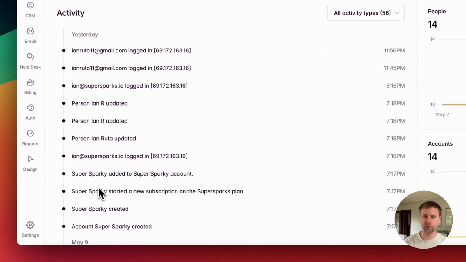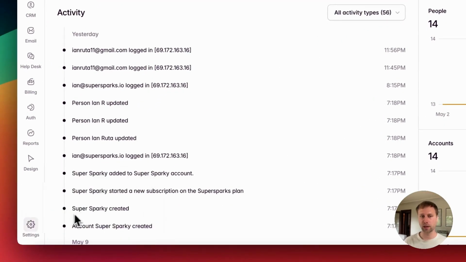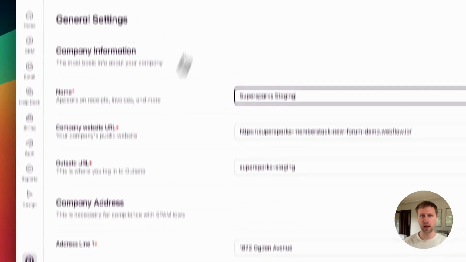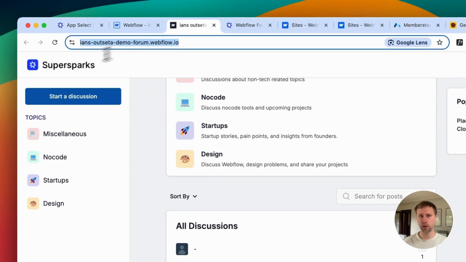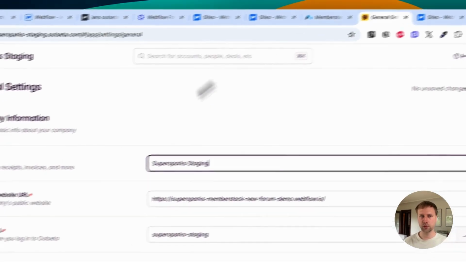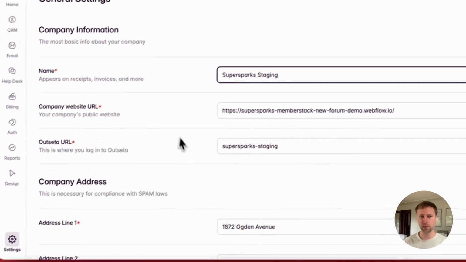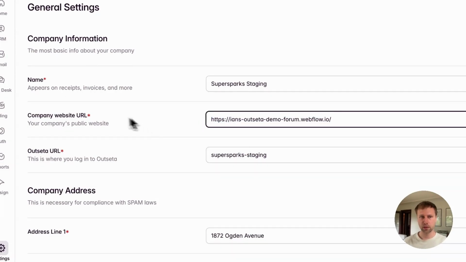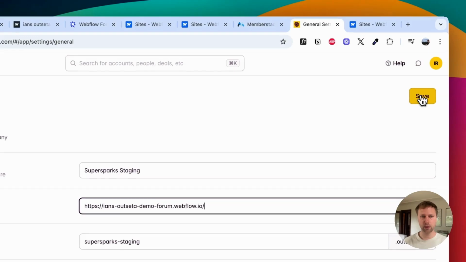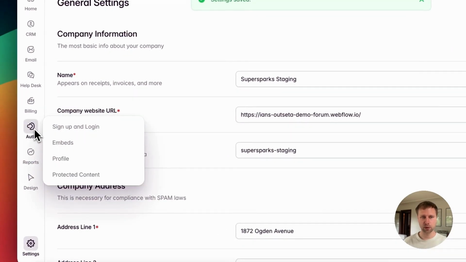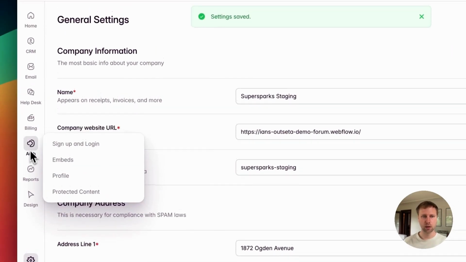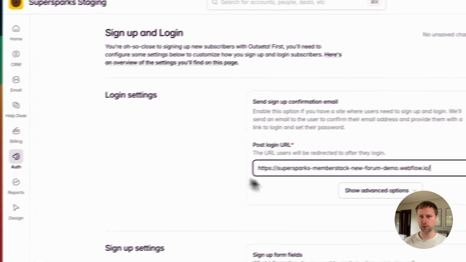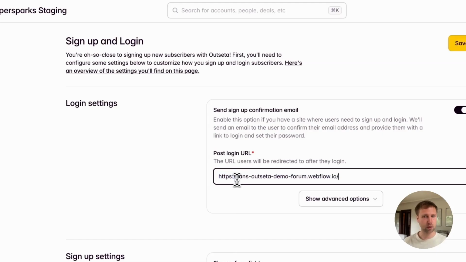So first off, if you haven't done so already, just be sure to sign up to Outseta. And then the first step is to add in the URL of your forum into your different auth and company settings. So first off, I'm just going to add the company website URL here. And then if we just jump over to the auth section and go to the sign up and login settings first, I'm just going to add in the